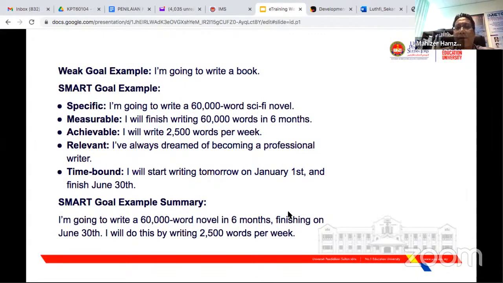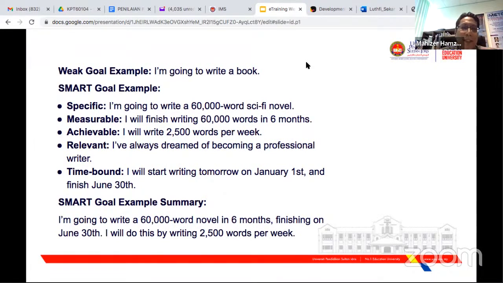You will come up with more specific, more measurable, more achievable, relevant and time-bound goals. The first one is weak, because you don't know when you are going to start, you don't know how long it will take, and you don't know how many skills you need. So you have to define. For example, if you want to do training, you have to organize it. Develop the training about using this machine, developing the multimedia or developing the content.